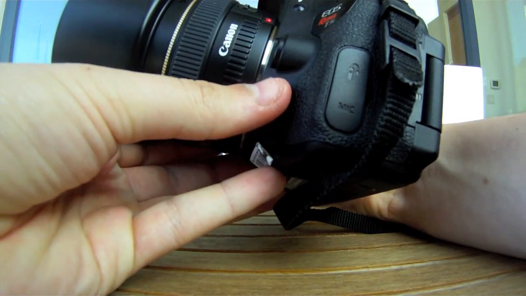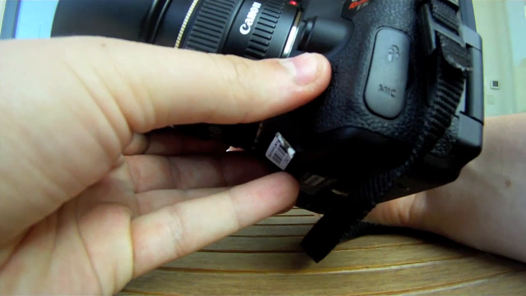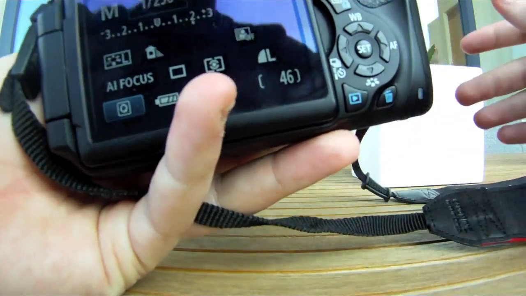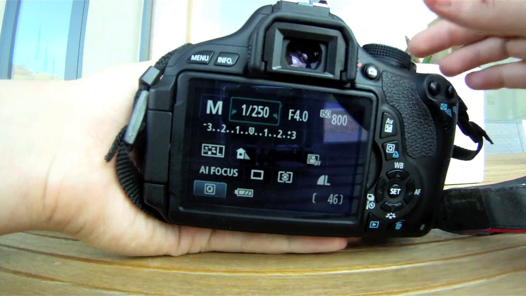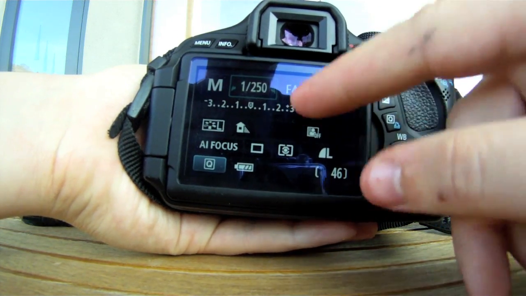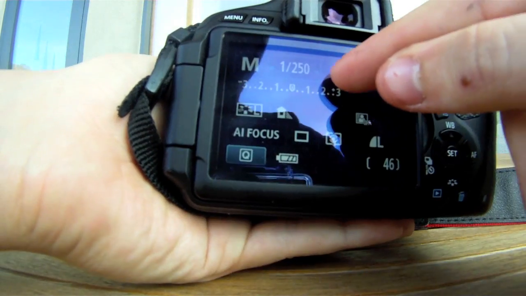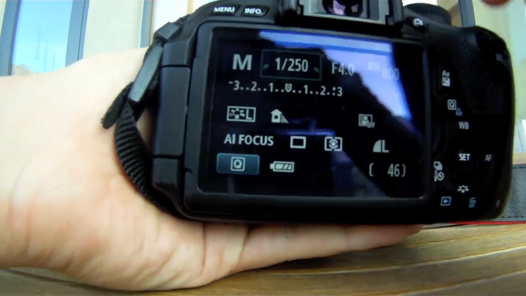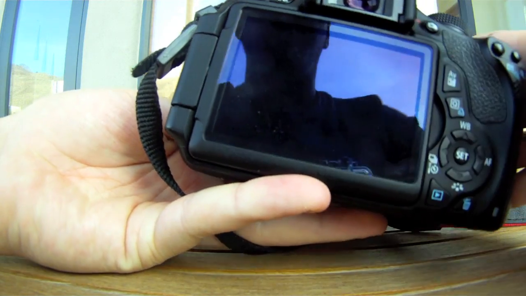Then right here you got your depth of field button. You can't really hear it, but it makes a slight noise there. And basically what that button will do is when you're looking through the viewfinder here, if you have it set to, say, f-stop 4.0 like I have here, and this is an f-stop 1.4 lens, since this is a smaller aperture, when you press this button it will show you what that smaller aperture,